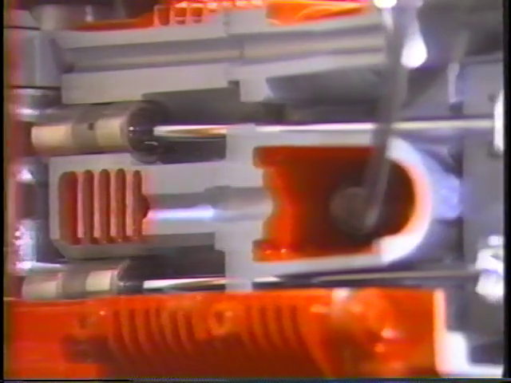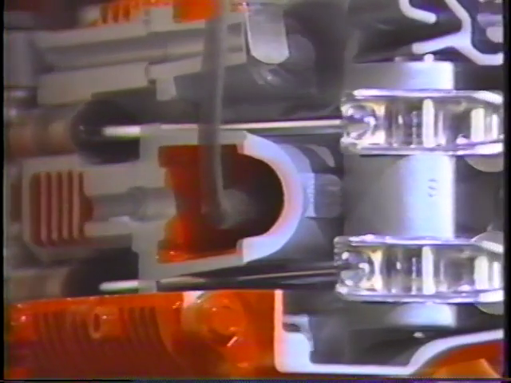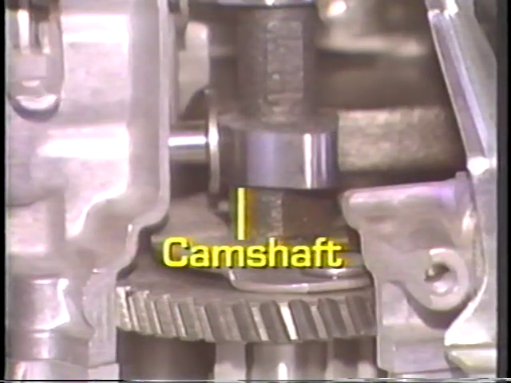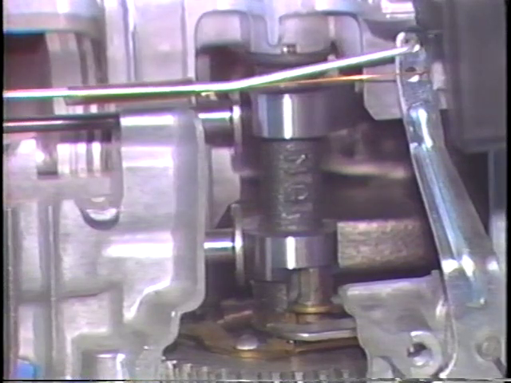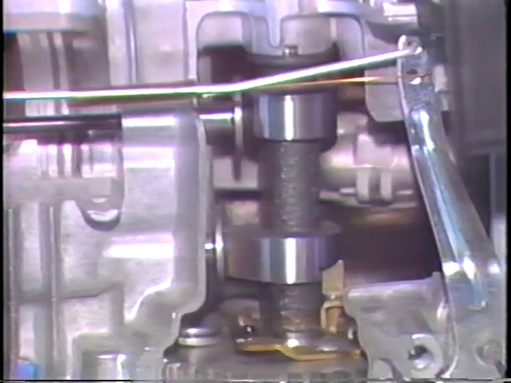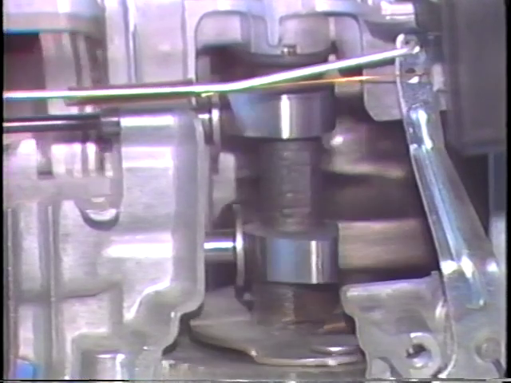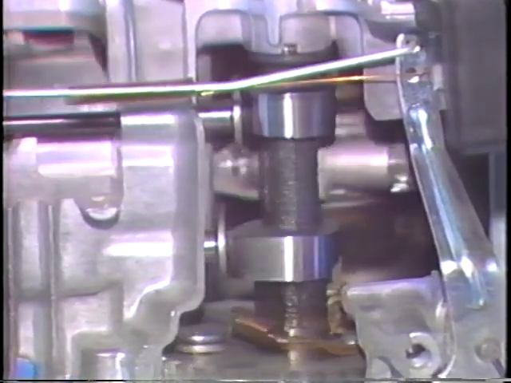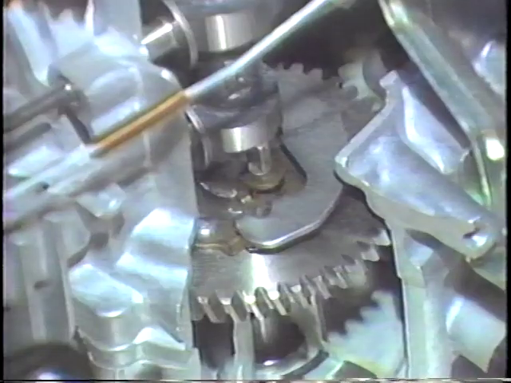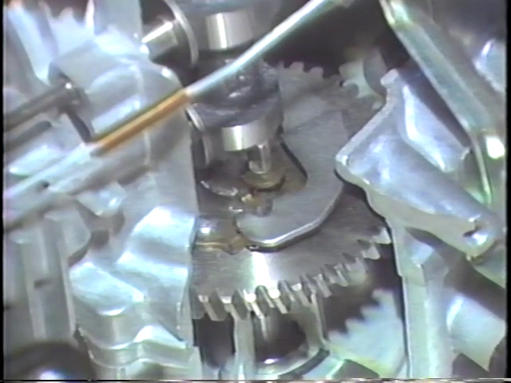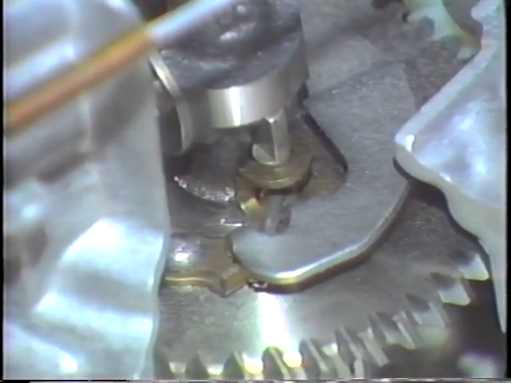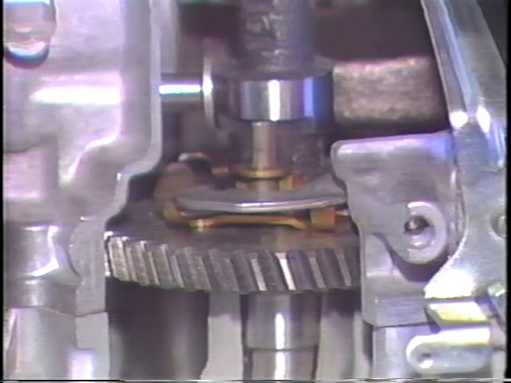The lifters fit into small bores machined in the block, and the push rods extend up through the block and head to contact the rocker arms. In most small gas engine designs, the camshaft mounts in the crankcase next to the crankshaft. At low speeds, the rod on the mechanism touches the lifter to raise the exhaust valve partially off its seat and lower compression pressure for easier cranking. After the engine starts, flyweight action turns the rod so that it does not touch the lifter and the engine